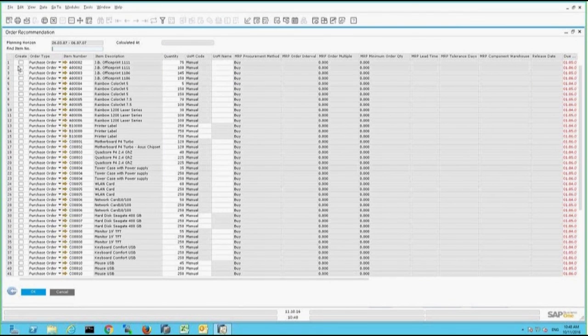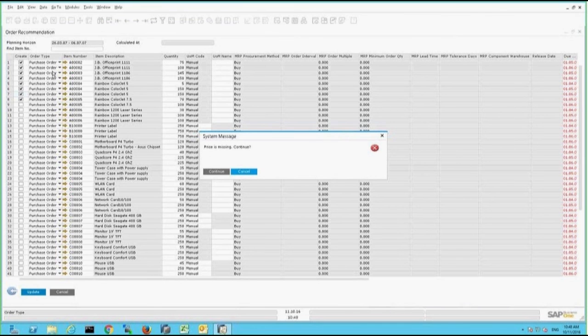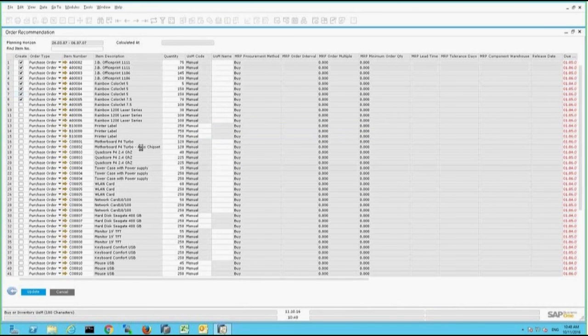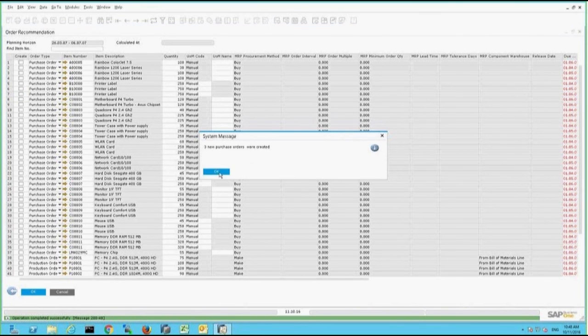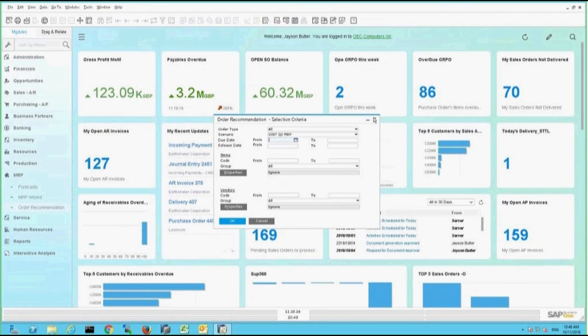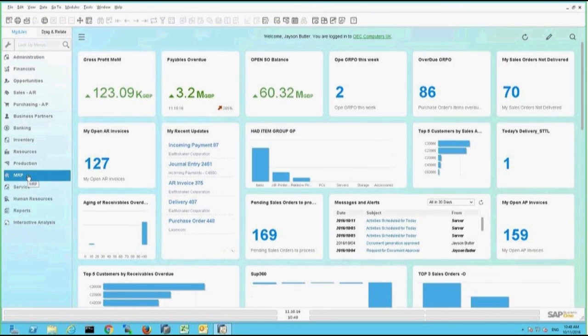Let me show you an example of an integrated system process, and how it really helps a customer in doing so. So if you remember, we had already created a